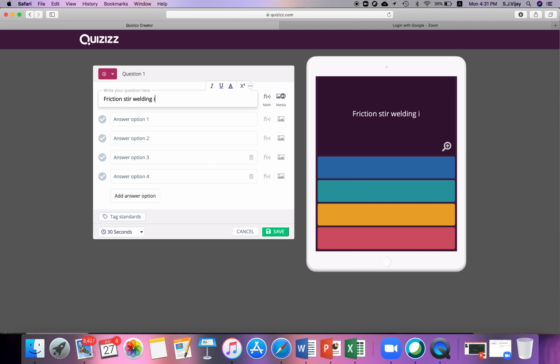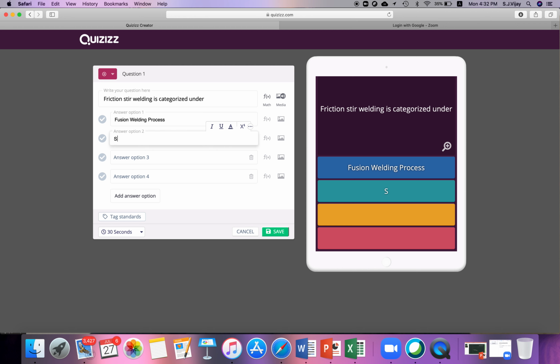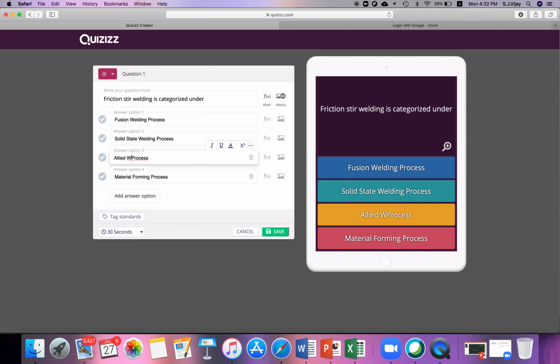Friction stir welding is categorized under fusion welding process, or solid state welding process. So the right answer is solid state.